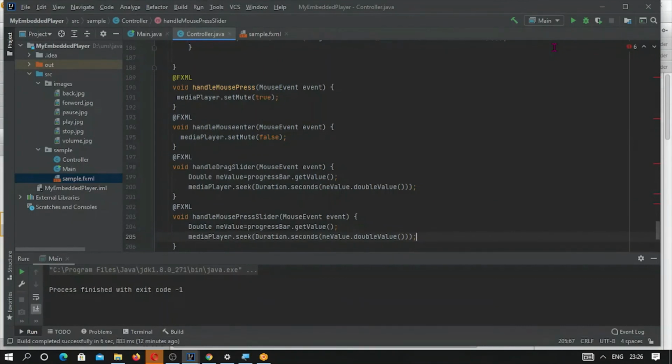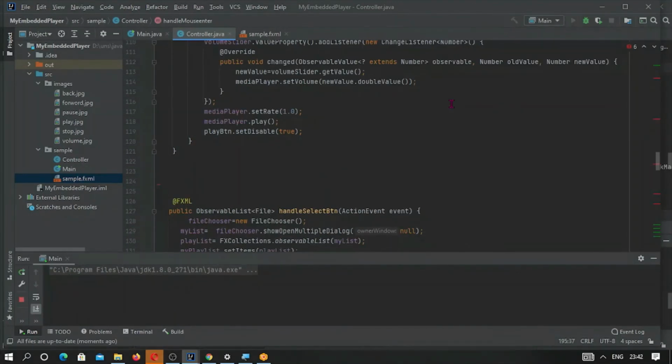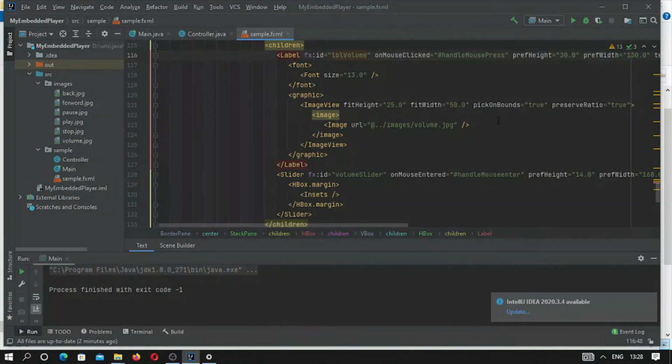So all things required have been done. Let me check it, and our media player is almost ready. We have to check it, and if it is working fine, then it will be taken as completed. And I hope there is no problem. Okay, so all required coding has been completed so far, so we have to test fully whether our video is working fine or not in all aspects.